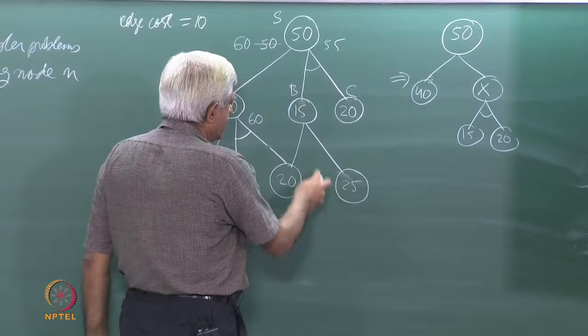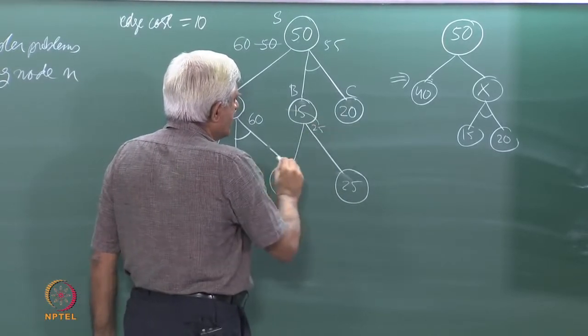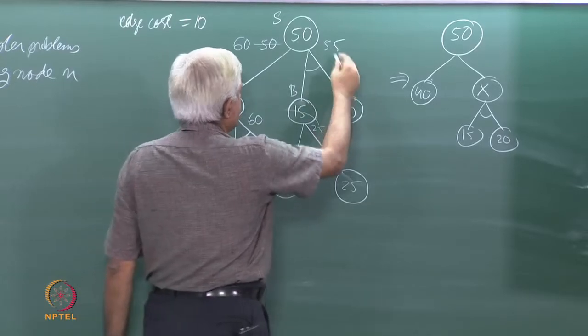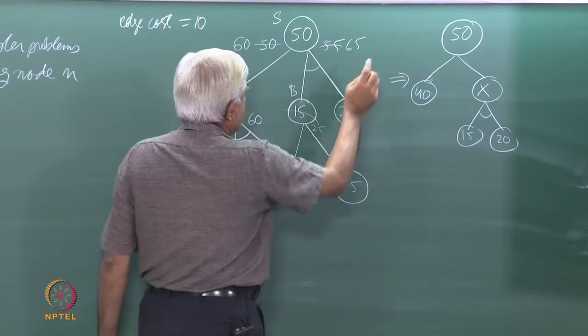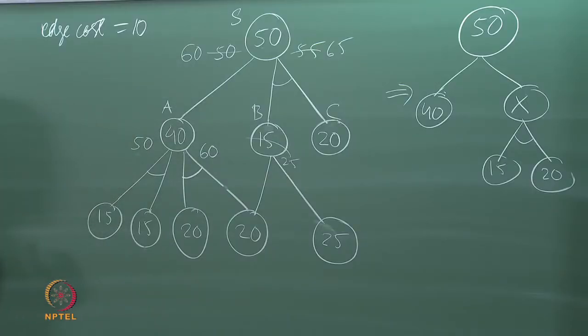So, this is 20, this is 25, this is an OR node. So, this cost, I have to revise this cost to 25 now, which means I have to revise this cost to 65,